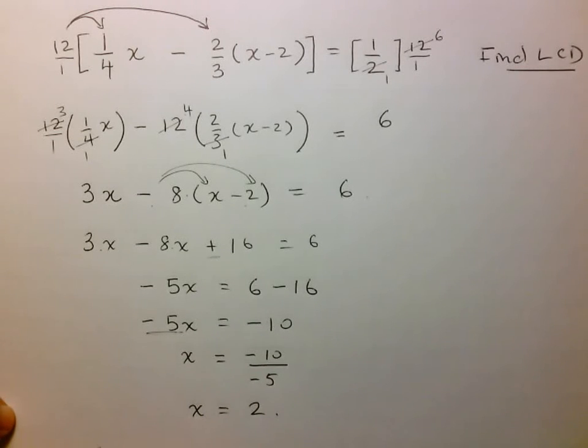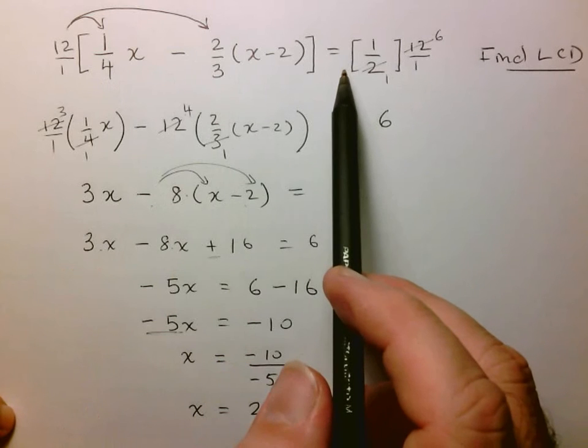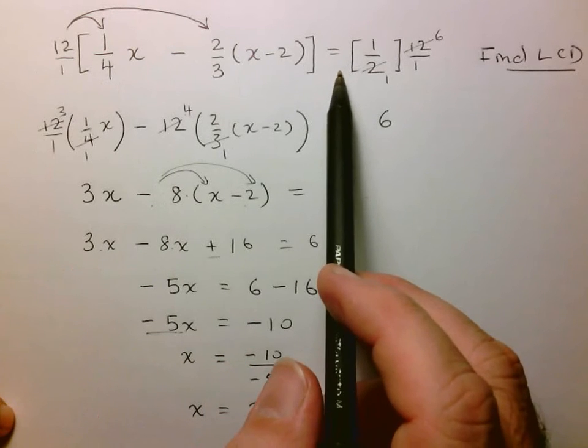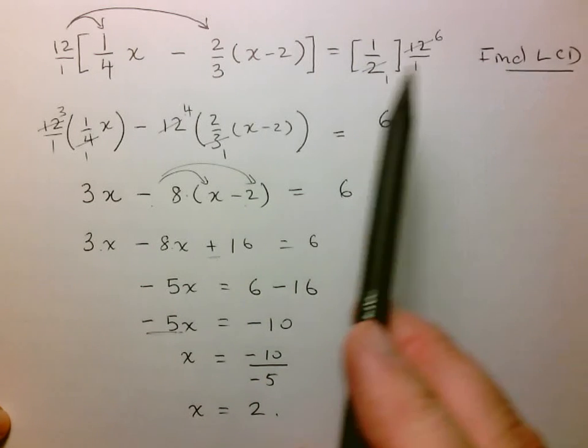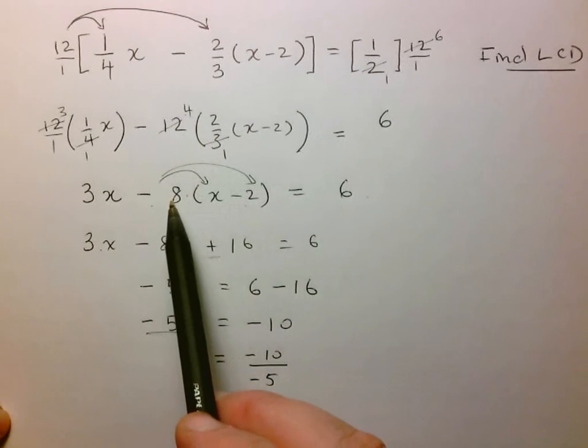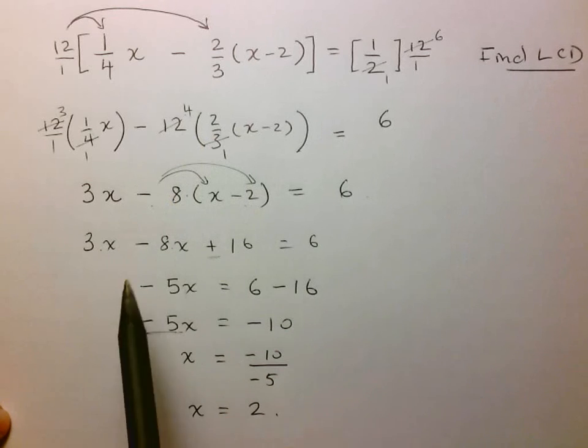So again, when you see an equation that's got lots of fractions, what you probably want to do is multiply both sides by the lowest common denominator, carefully simplify all the fractions, and then solve the equation as you